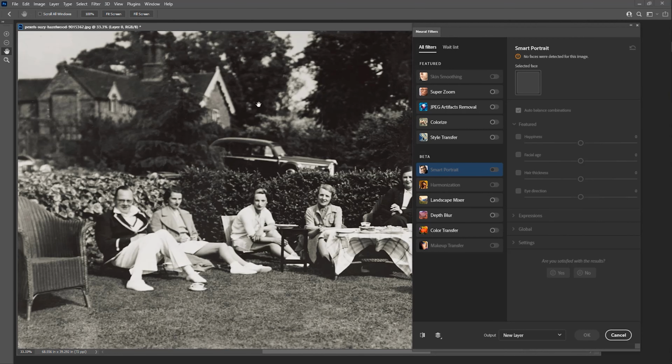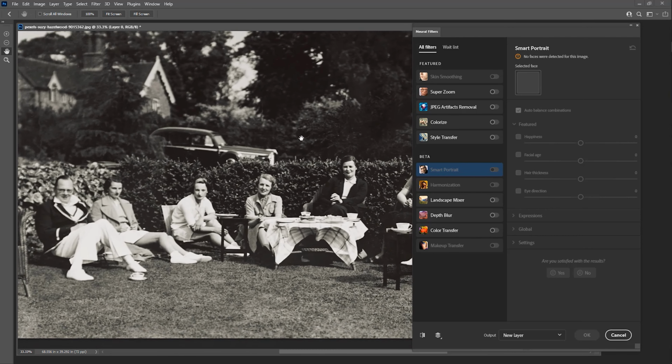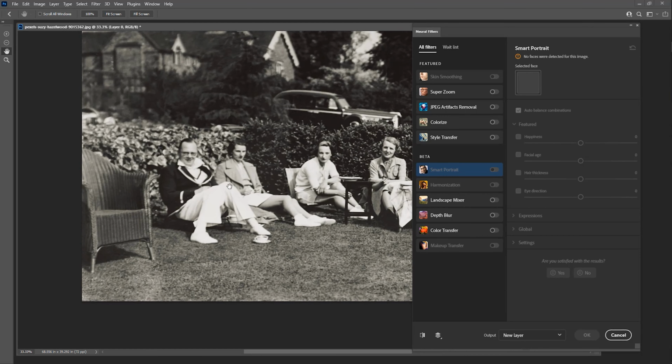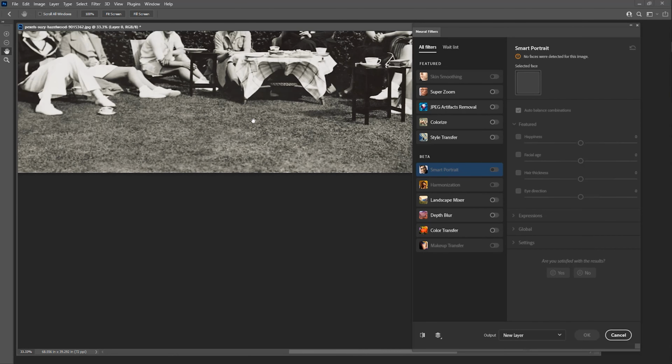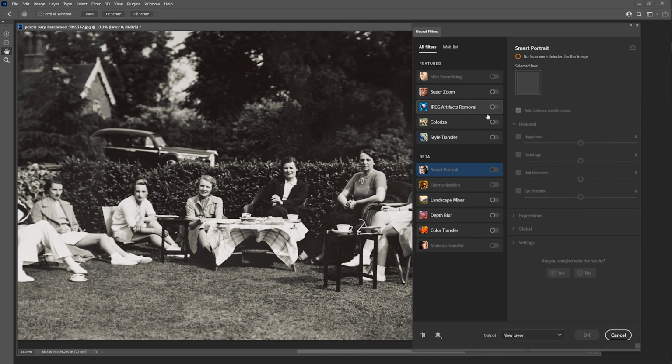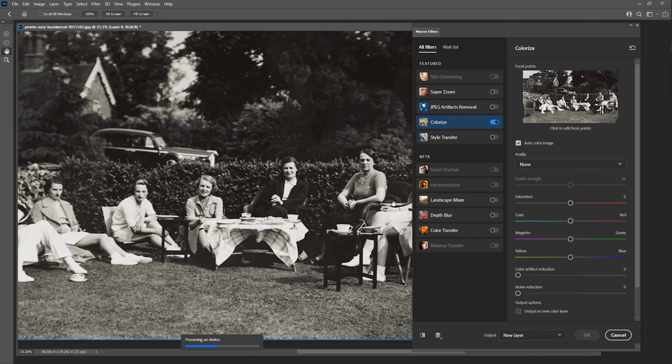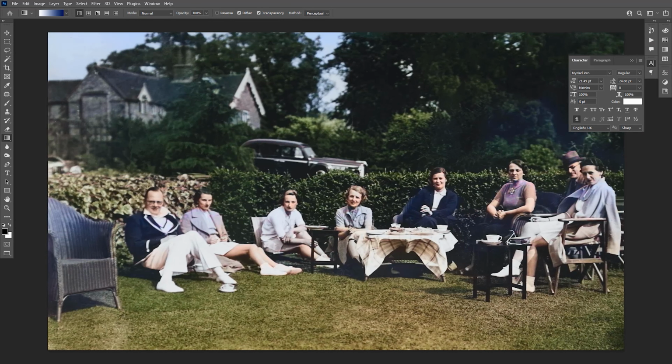Okay, let's see the background details on this image. There is a car and people sitting on the chairs, the floor. Yeah, let's see how the artificial intelligence works. What a development from Photoshop. See the car details, everything fine, and the building, the trees, their skin tones, their dresses, the floor, the chair effects are very